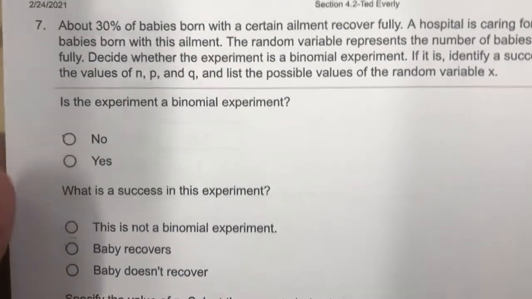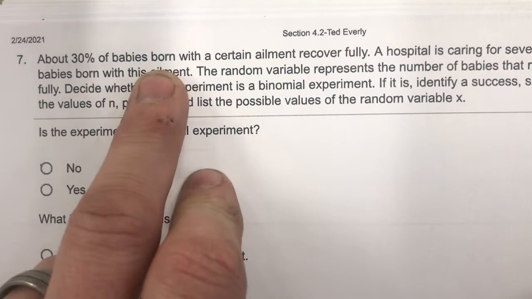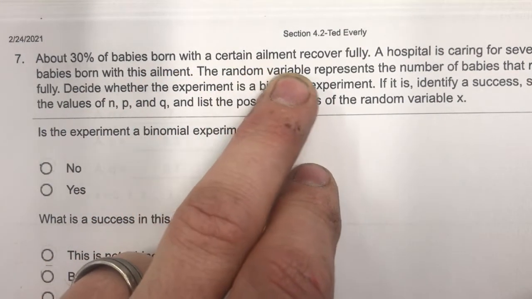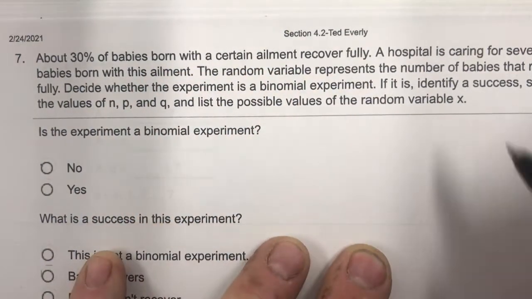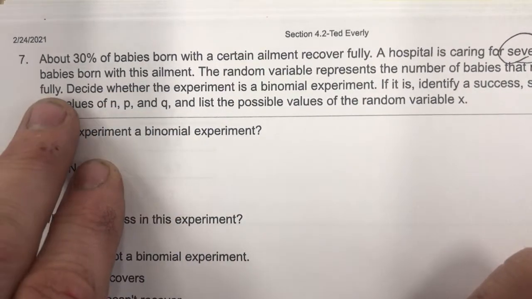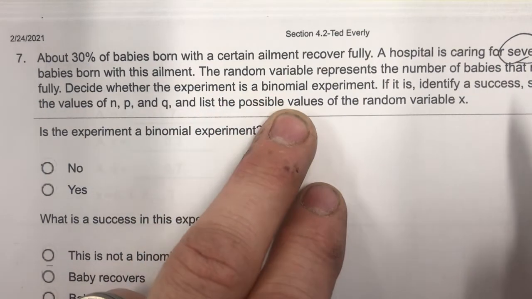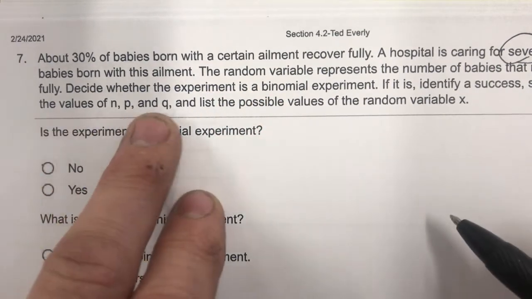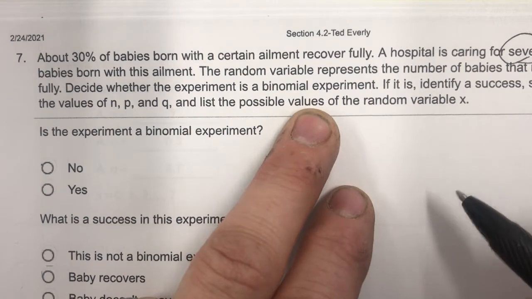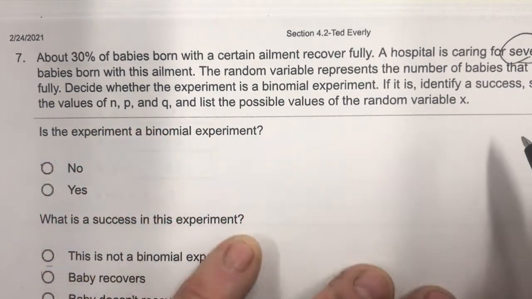Number 7. About 30% of babies born with a certain ailment recover fully. A hospital is caring for 7 babies born with this ailment. The random variable represents the number of babies that recover fully. Decide whether the experiment is a binomial experiment. If it is, identify its success, specify the values of n, p, and q, and list the possible values of